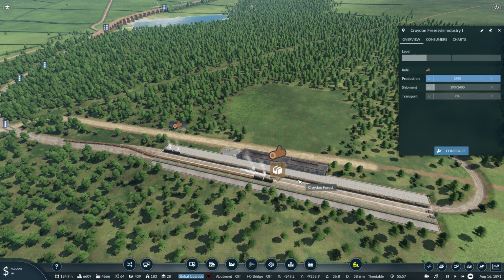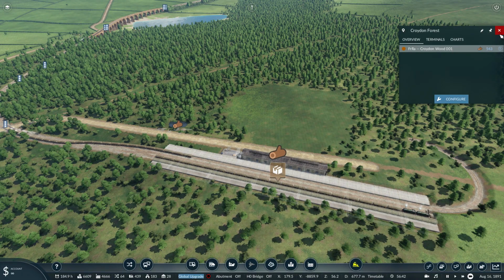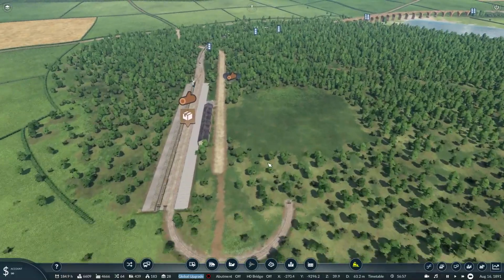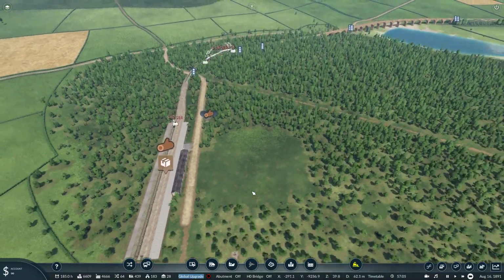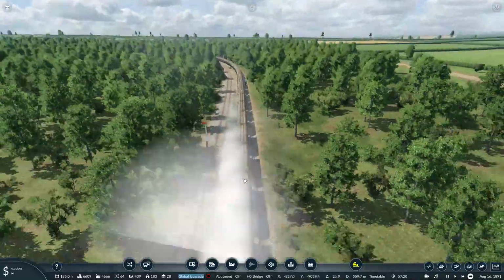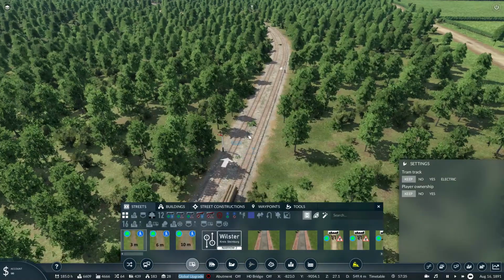So at the moment the transport is showing nothing, but we should see that transport number increase as this happens, or this keeps going. Now, what that gives us is this opening over here, and I'm going to make use of that opening by splitting the line just here,